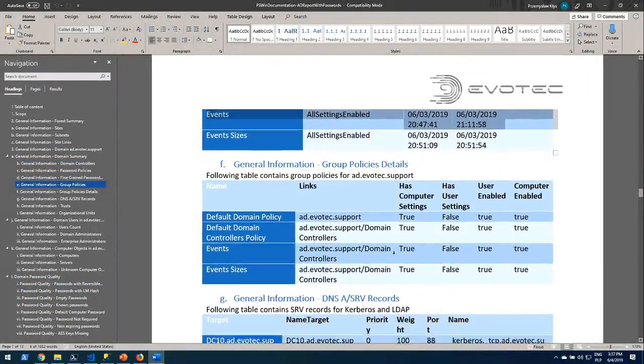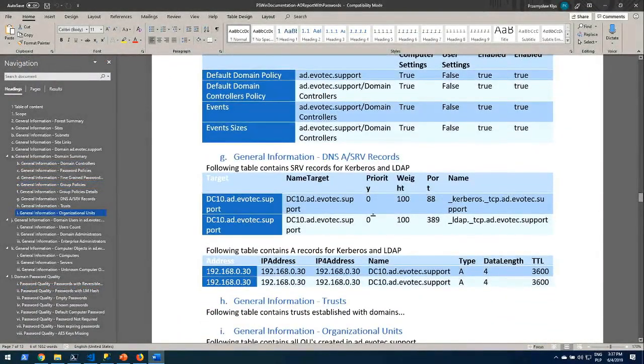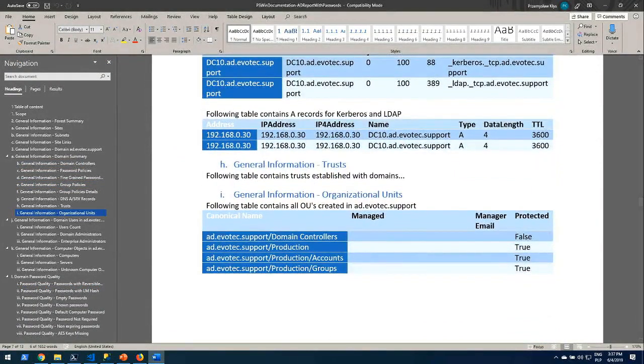Yeah, so you get group policy details, some DNS records. Of course, that's something you can deliver to your management, or to whoever needs this documentation, but it's not really useful for day-to-day usage because that data is kind of truncated, right? It just has 4 fields. Word is very special for that kind of information. You can, of course, make it vertical, and it may work, but